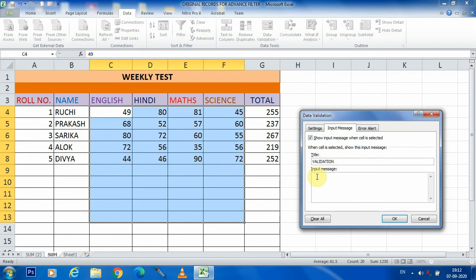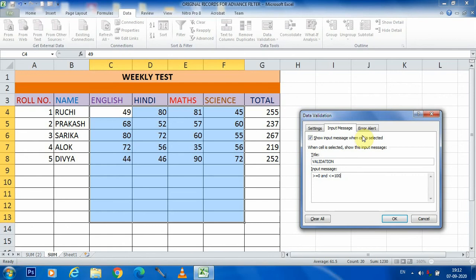Then we are giving the input message, which will show: greater than or equal to 0, and less than or equal to 100. This message it will display.